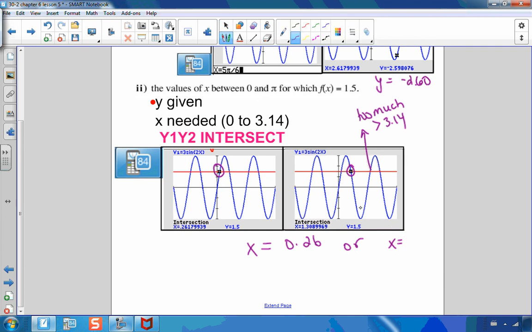Oops, lost my pen. 1.31. Now, I do want to mention that there's a window setting in your calculator that is really useful for this. I'll just show you really quickly. If I wanted to enter in 3 sine 2x into my calculator,